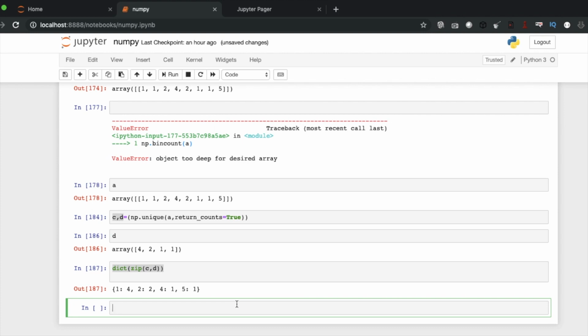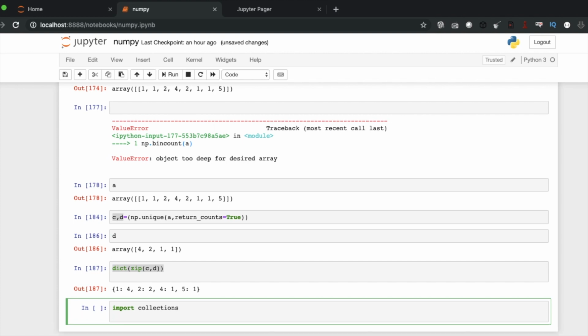Another one, you can do it using collections, a non-numpy technique. You just have to import collections, and after that call collections dot Counter on a.